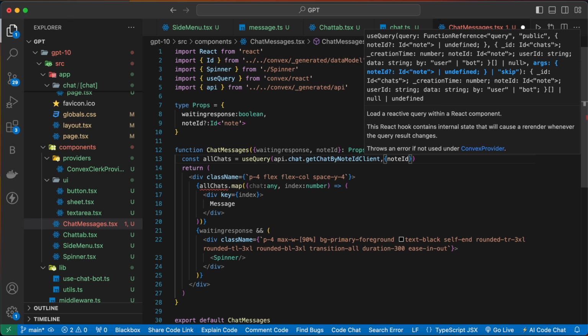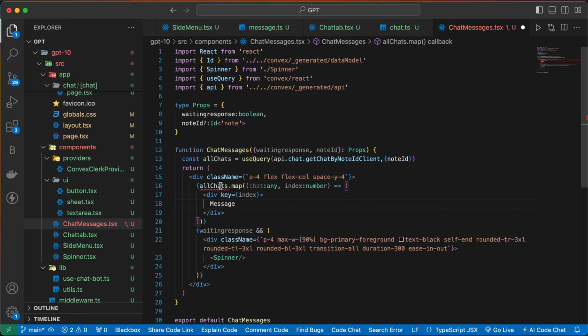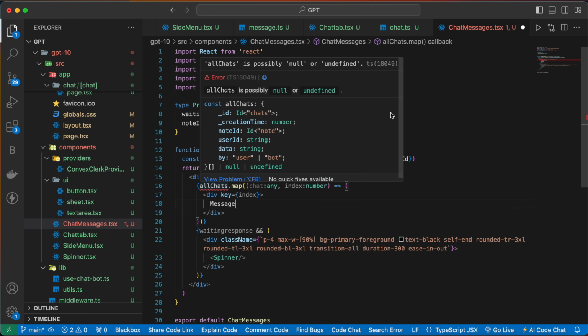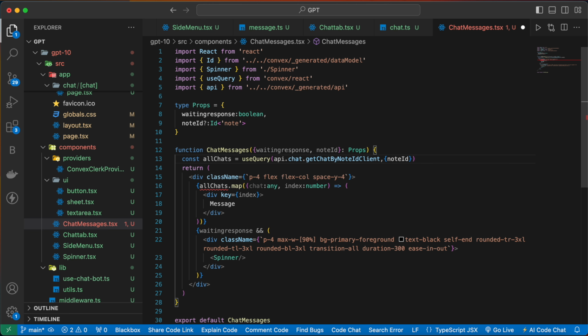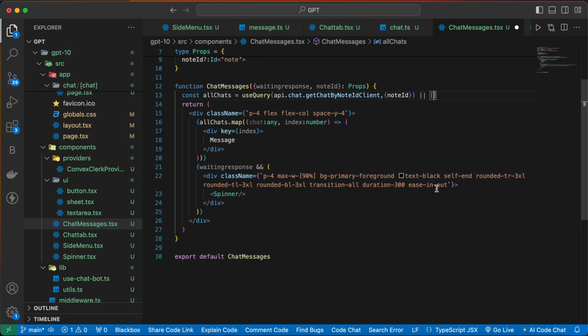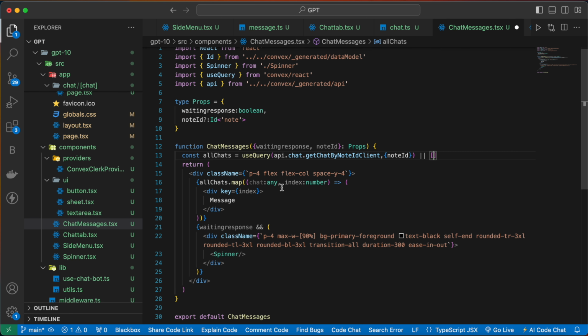Okay, so that's all. And now this could be possibly undefined or null, so we can add or an empty array. Okay, and now let's remove this and this,